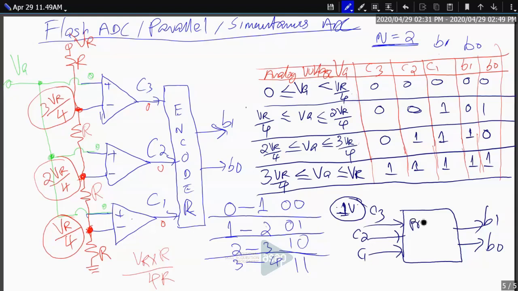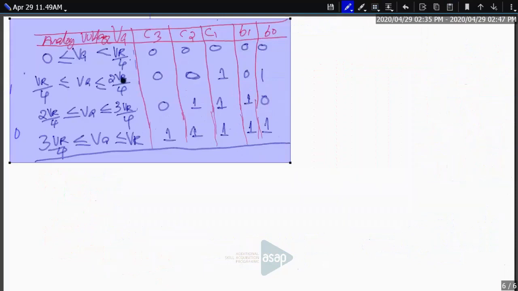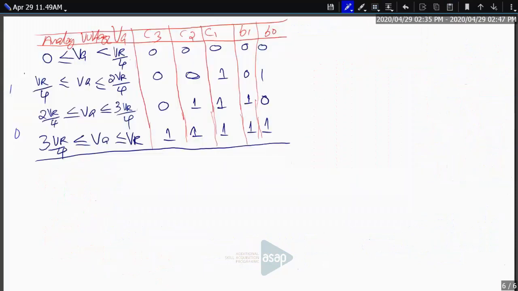Now the only problem here is to resolve how this encoder is basically working. Here you can see that the encoder looks like it has 3 inputs, C1, C2 and C3, and it produces P0 and P1. This is how it accomplishes this coding. It is actually called an encoder, or more precisely a priority encoder. The meaning of that is like this.